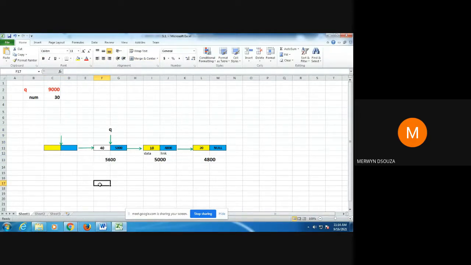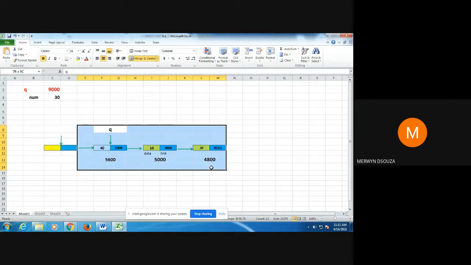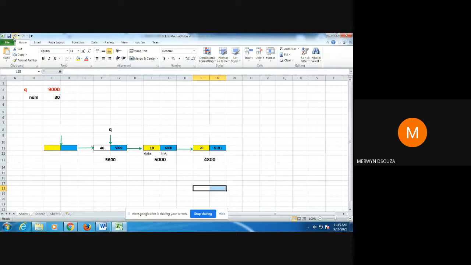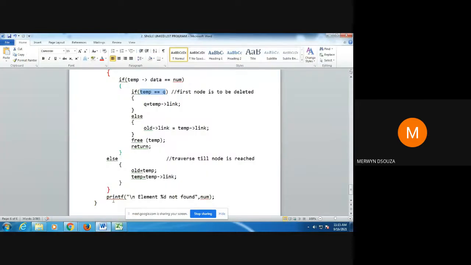Clear? Why I need to shift q, I explained to you before, Chaturthi. Because if we don't shift q and don't keep q pointing always to the first node, we lose access to the linked list. So in order to not lose access to the linked list, before we delete the first node, we are going to shift q. What is the programming for that?